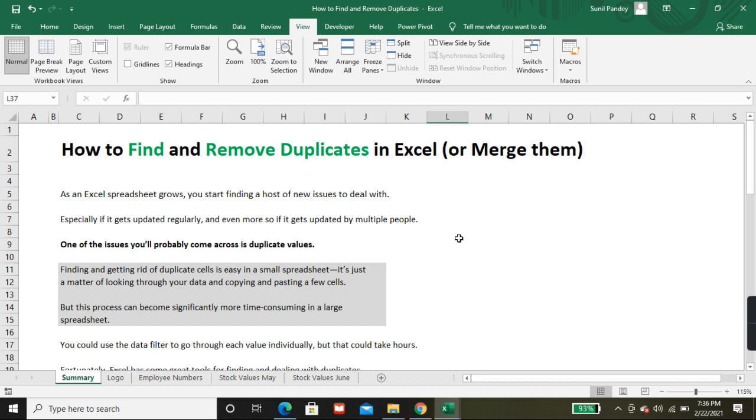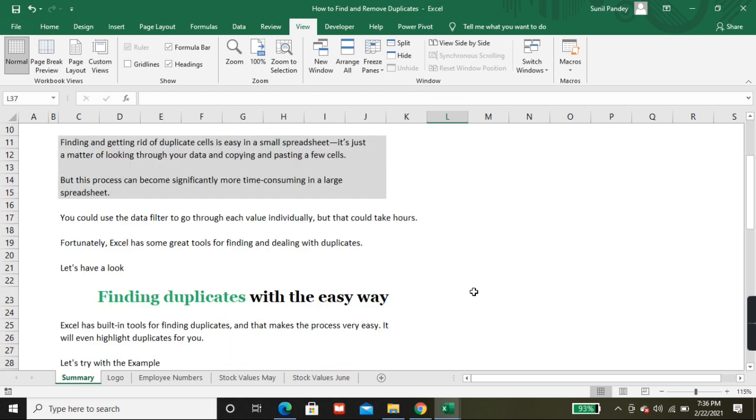You could use the data filter to go through each value individually, but that could take hours. Fortunately, Excel has some great tools for finding and dealing with these duplicate values.